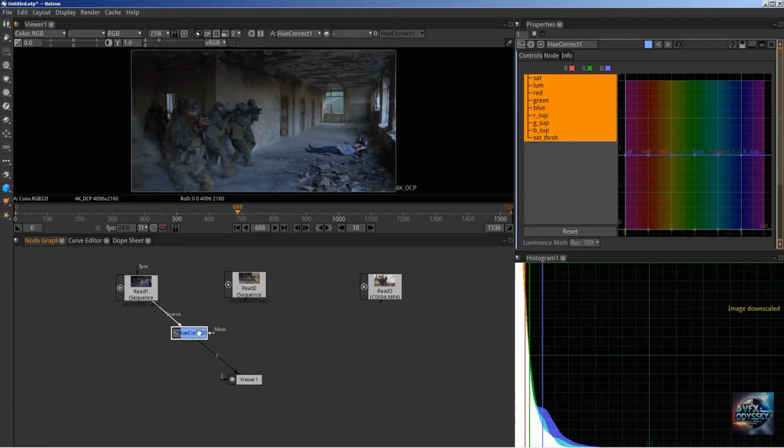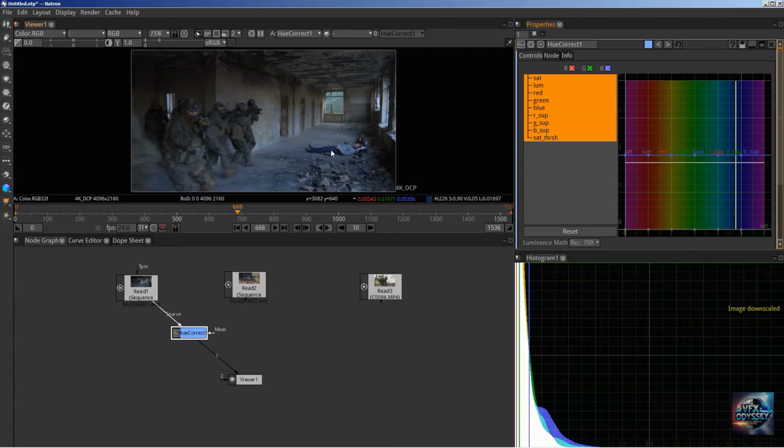HueCorrect is where you start targeting colors, okay? With rotoscoping, you can target zones or areas of images, but with HueCorrect, you are going to select a particular value of hue. If you look at this part here, when I move with the cursor, it's already telling me what the values are. But if I move my mouse away, it disappears. Well, it's because I need to select it. How do I select it? I need to press